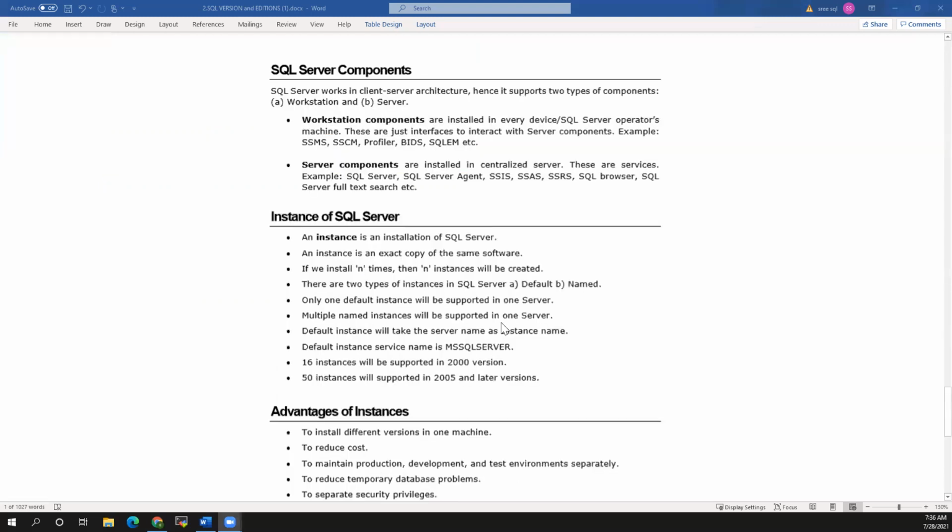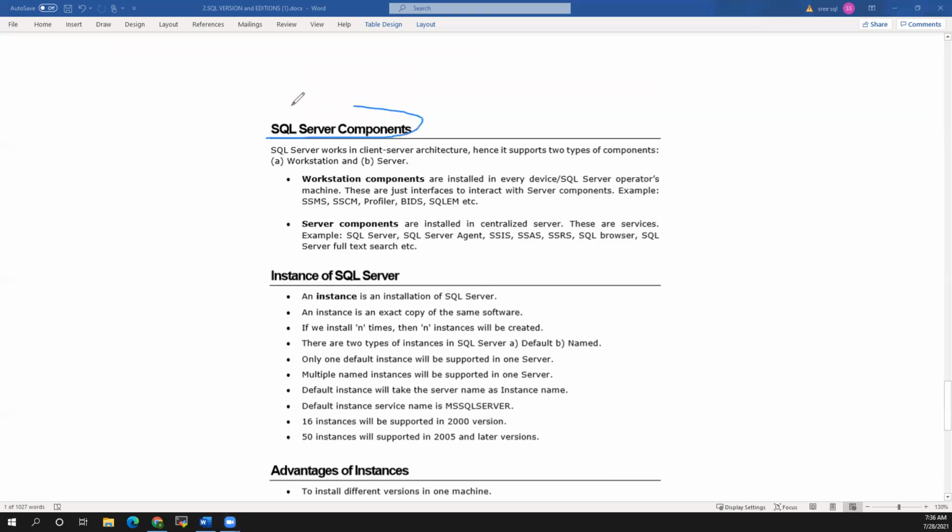One more thing, the components. These are the components I already explained, right? The workstation components. These are some of the components that SQL Server has. This was already explained: SSAS, SSRS, SSIS, Browser, and Full-Text SQL Server. And see, in